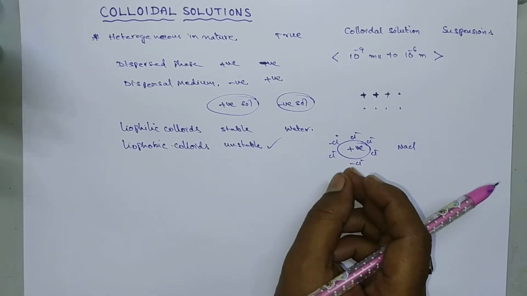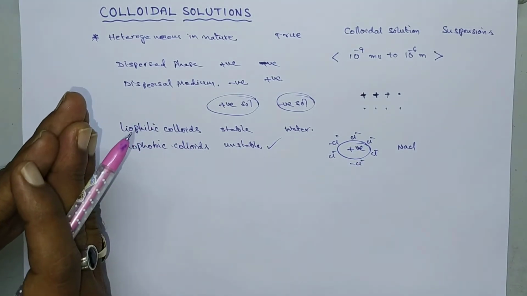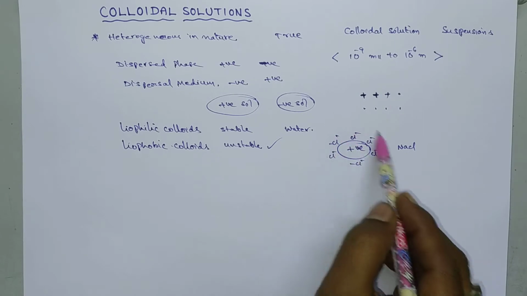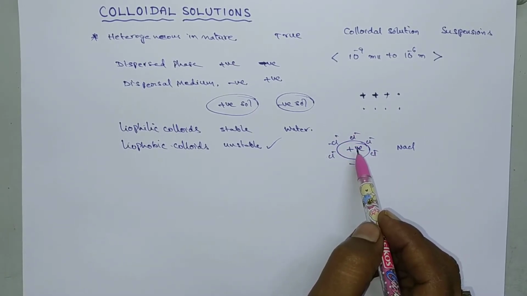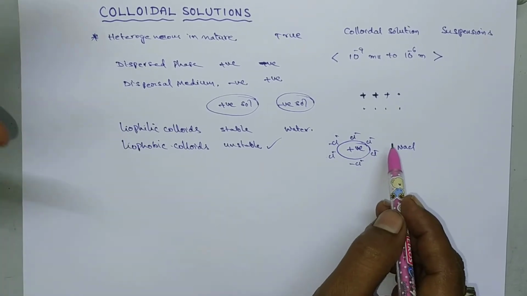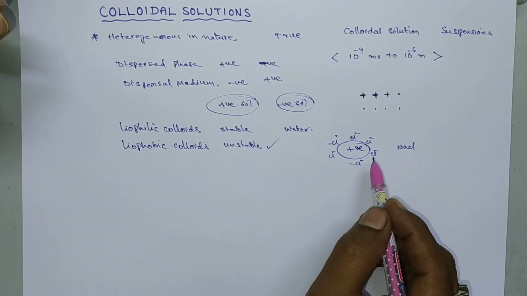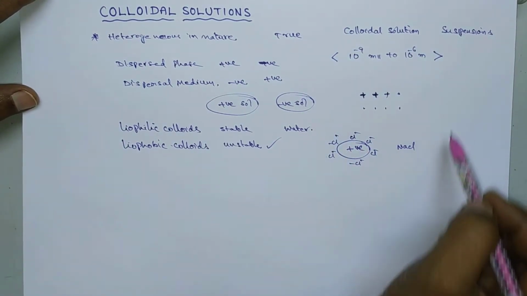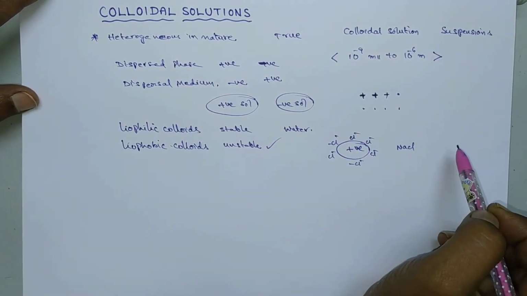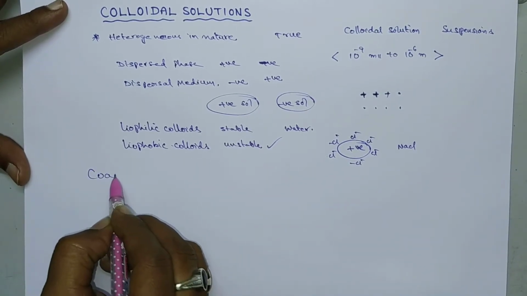Due to the decrease in positive charge, there is association of dispersed phase particles. Due to the presence of opposite charge on the colloidal particles, the charge on the positively charged particle will be decreased. So by the excess addition of electrolytes, the charge on the colloidal particles will be decreased, and they will associate with each other and form a precipitate, that is nothing but a suspension.